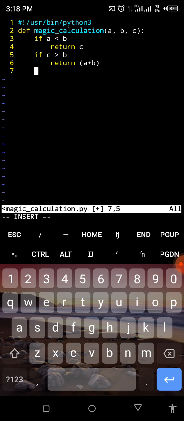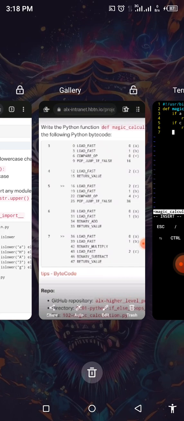Now let's read line 7, what we have on line 7. On line 7, that is 47, we are returning a value. There is no if else statement there. So you start from the bottom, top, bottom, top, bottom, top until you get everything. Return value. What are we returning? Return the value of A, then bottom again, binary subtract. So we're going to subtract